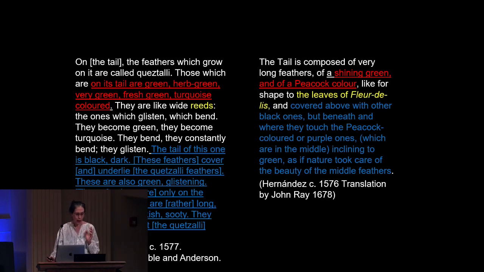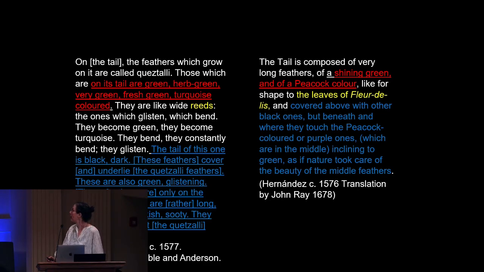So what I have here are two, side by side, the text from the Nahua of the Florentine Codex, which was originally written circa 1565, even though the Florentine Codex wasn't completed until 1577. And then the English translation from the Latin that was produced by John Ray in 1678. And what became clear was that there was a real effort, even though he made some important adjustments, or someone made some important adjustments, to capture some of the effective qualities of the way the Quetzal tail feathers, and this is the part emphasizing the tail feathers here.